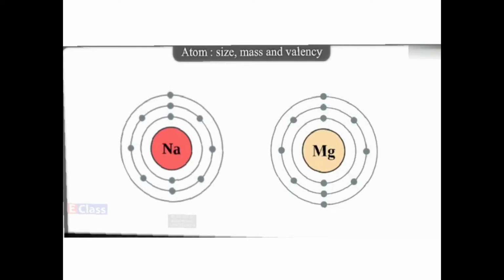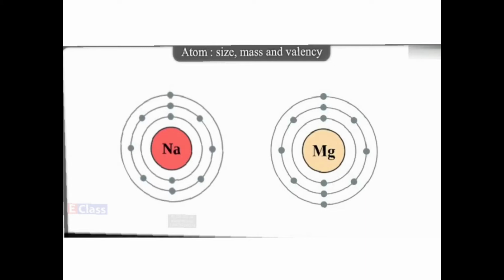Now children, electrons have negligible mass, say as compared to 1 lakh rupees, 1 rupee is negligible. Suppose somebody asked you for 99,999 rupees. You will say take this 1 lakh rupees. You will not take that 1 rupee back. So the mass of the electron is also that much small as compared to the mass of the proton and neutron. Proton and neutron have almost equal mass.